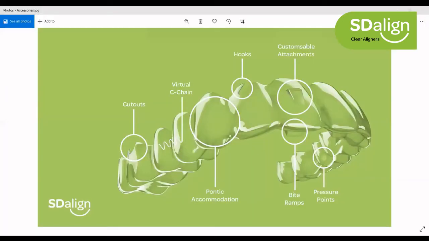So Dr. Jaini, you can continue from this point onwards. Just explain them what these attachments are. Yeah. So this is a great slide. We could have actually put this first. So what this is telling us is what the various auxiliaries open for us to be used as per our requirement. As we can see, the first thing is the palatal bite ramp, which I just made on the software. We just saw that. Then we have these hooks.